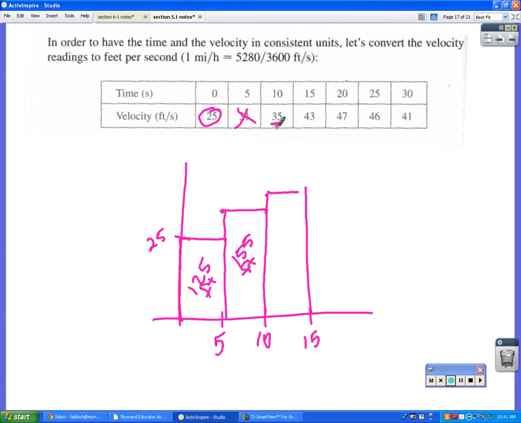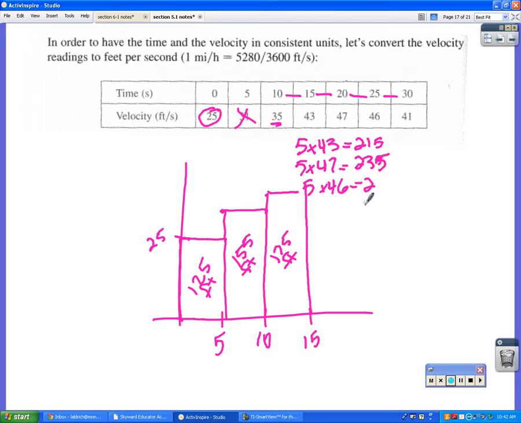So 5 times 35 is 175? That doesn't seem right. Okay, so they would be 175 feet in this interval from 10 to 15 seconds. And then to find how far they traveled from 15 to 20 seconds, they're going to go 5 times 43, right? And then from 20 to 25, they're going to go 5 times 47, which is 235. And then from 25 to 30, they're going to go 5 times 46 and get